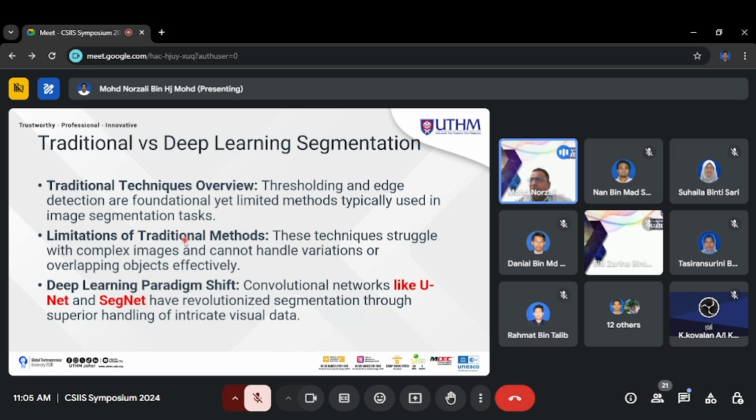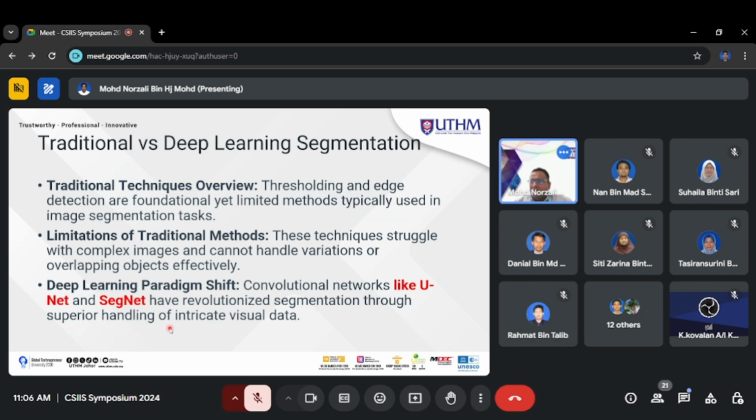So the limitation of traditional methods is that these techniques struggle with complex images and cannot handle variation or overlapping objects effectively. And so nowadays, deep learning is one of the ways. Okay, one of the most prominent, convolutional networks like UNet and SegNet, have revolutionized segmentation through superior handling of intricate